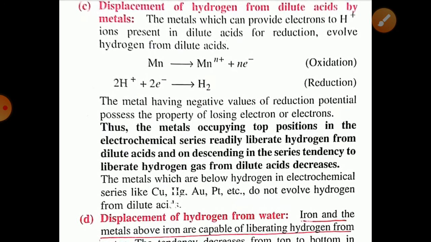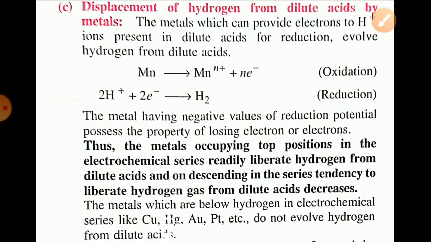Next is displacement of hydrogen from dilute acid by metals. In such a situation, a metal which has its position above hydrogen in the activity series has the tendency to release hydrogen from the given acid. The metal which can provide electrons to the hydrogen ion present in dilute acid for reduction evolves hydrogen from dilute acid. So here, in the case of manganese,